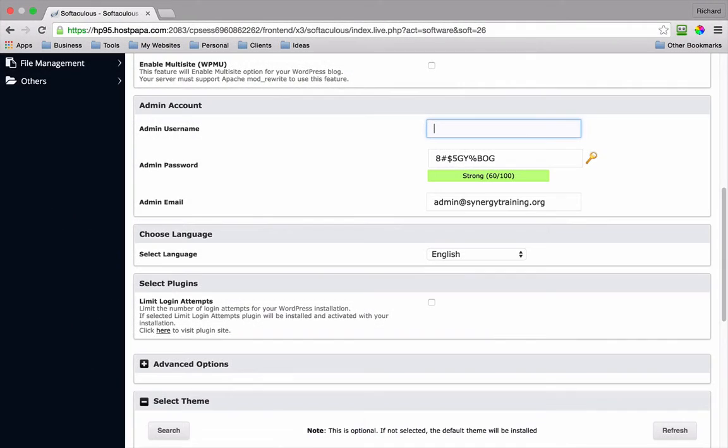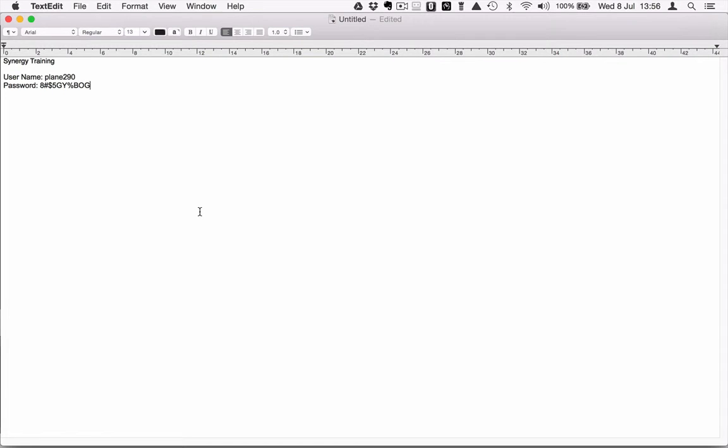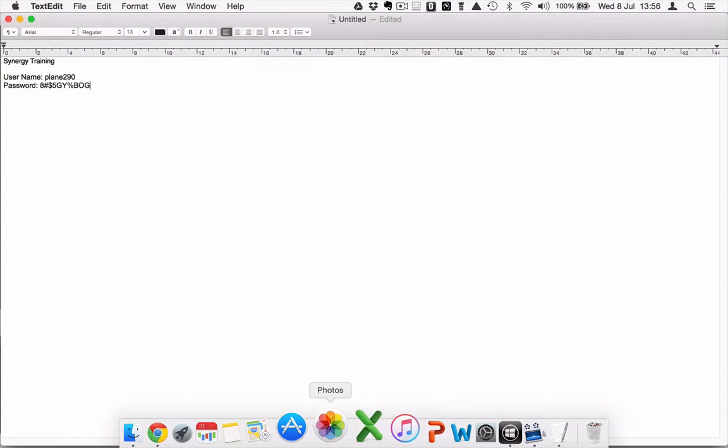So we'll just take that out and use something else. It doesn't really matter again what that is. We'll probably do something, and then we'll end it with some numbers. Now you want to make this admin username accessible afterwards, because you're going to need to use that to log on. So the thing to do is to copy that. I've copied the username and the password for the admin into a text editor, and then we will go back to